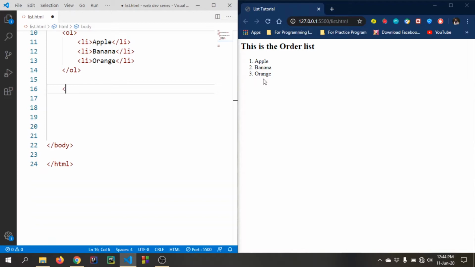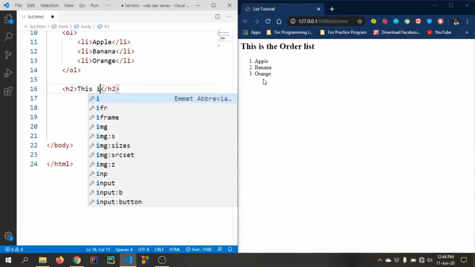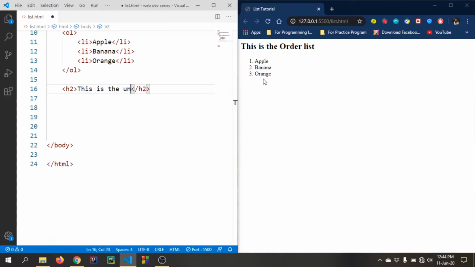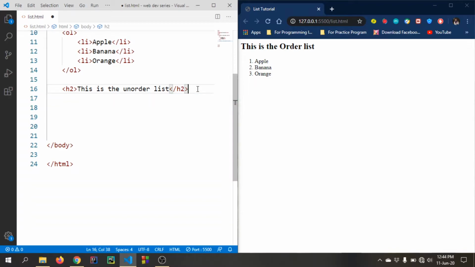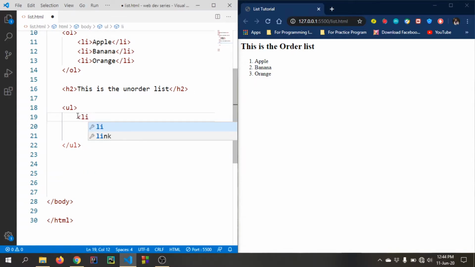So let me write an h2 tag here saying this is the unordered list. And what is the tag for the unordered list? That is ul, unordered list. So inside of this ul tag, we will write our list elements. So that is li,